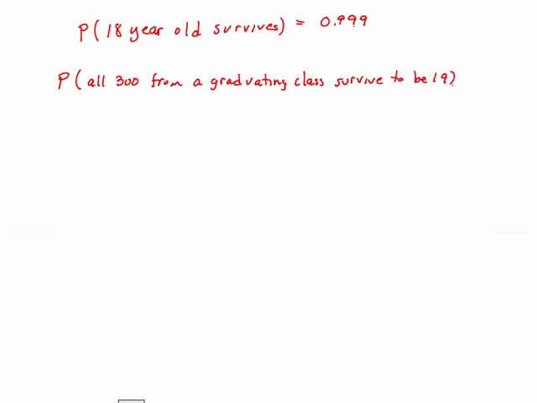Namely, one of the most reckless things that 18-year-olds do is driving cars together, right? But nonetheless, if we are willing to make the assumption that the survival of these 300 students is independent,